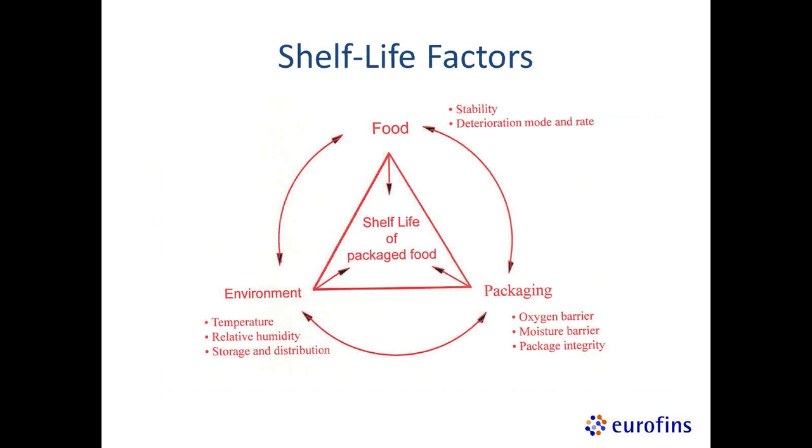And the reason it's important to use chambers like this is because environment is one of our shelf life factors. So when we look at shelf life factors, we want to try to eliminate as many variables as possible. So by using chambers that keep a very static temperature and relative humidity, we take out those variables, as the change in humidity and temperature will not be the reason why we're experiencing deterioration. And that's another reason why you'll see packaging as another thing on this picture here,